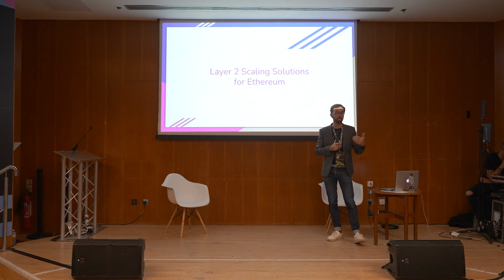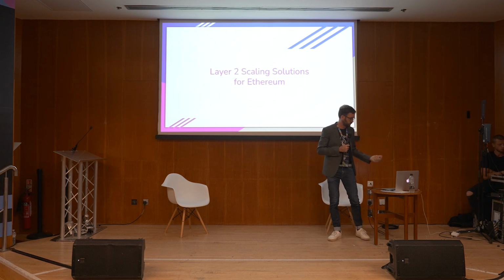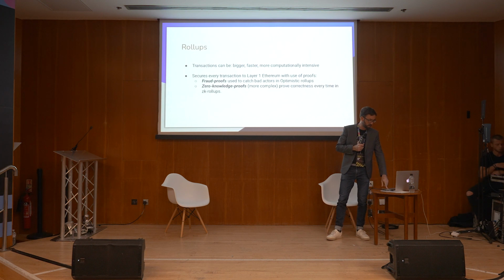So when a network does have the demand and it gets pushed to the point of being too expensive, we saw, of course, other L1s form. But there are other solutions to get the security of something as large as Ethereum with the transaction speed. So that's where layer 2 scaling solutions come in. Specifically, I'll talk about rollups.